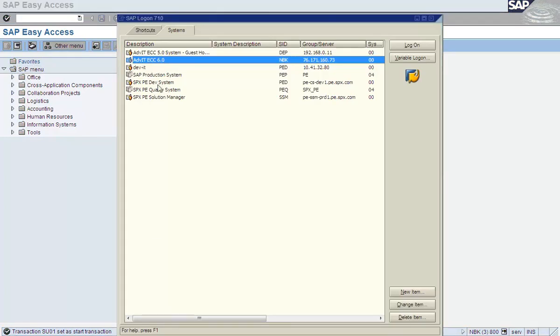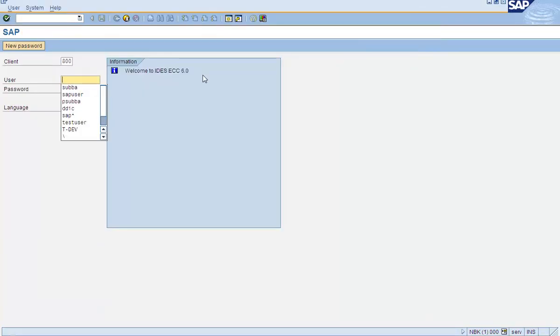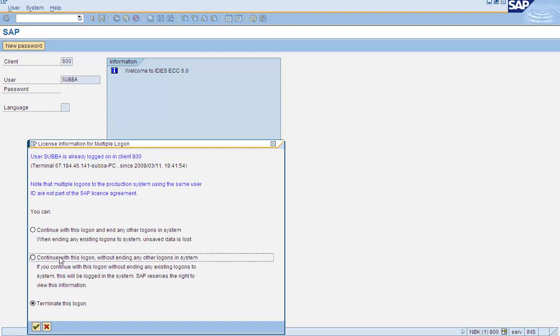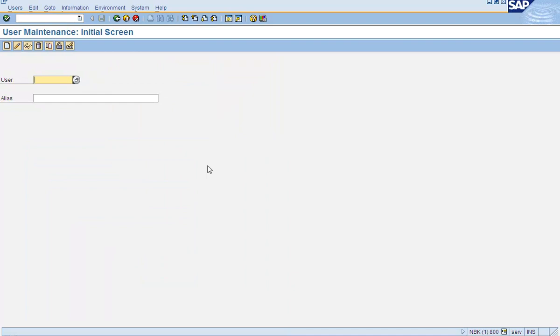Now when I log in again, let's say I log in now. It takes me directly to SC01. You see that?